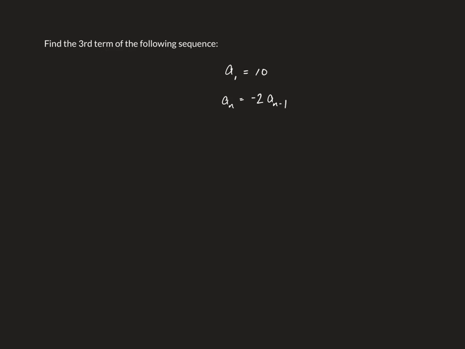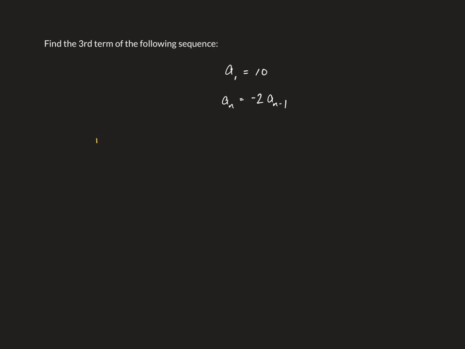All right, so in today's notes, we're going to talk about using a recursive sequence, a definition of a recursive sequence, to find whatever specific term we're trying to find. So in this case, we're told that the first term of a sequence is 10, and to find the nth term, I need to do negative 2 times a sub n minus 1. So what that means